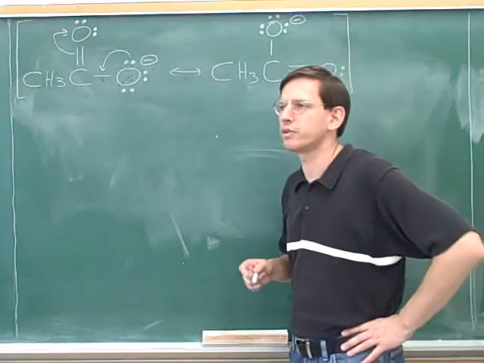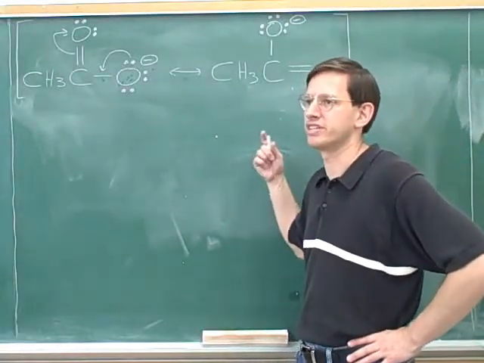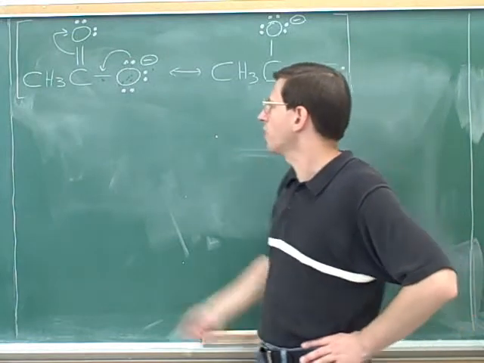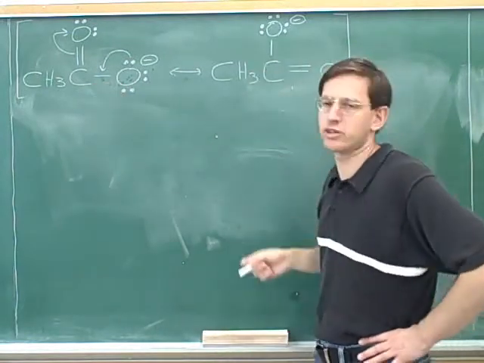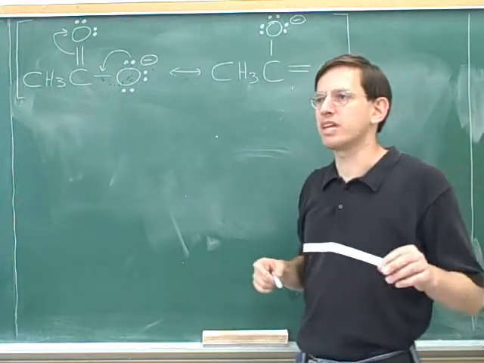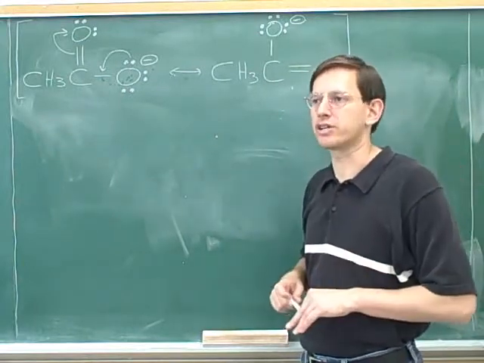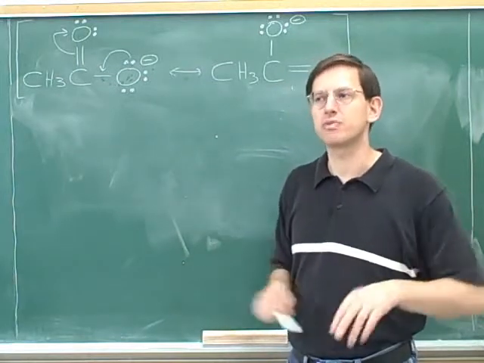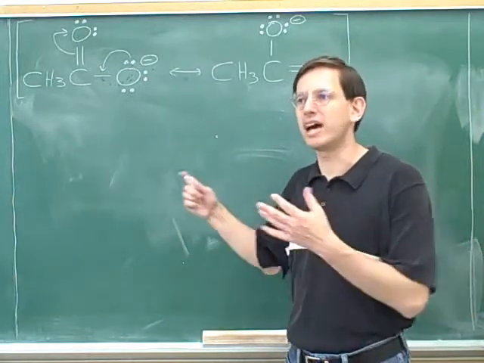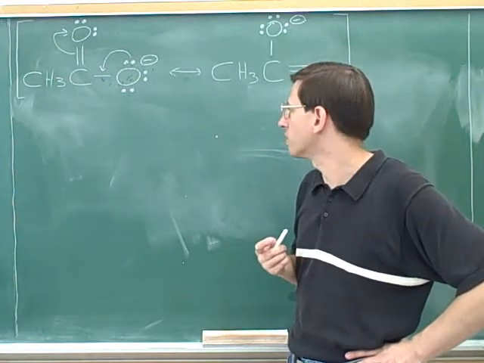Now let's talk a bit about what the right way to interpret resonance is. Well, we've drawn one picture of acetate here. Here's a Lewis structure for acetate, and here's another Lewis structure for acetate. But which of them is the correct or valid Lewis structure? Well, they're both correct. They're both valid. That's what resonance means. Resonance is when there's more than one valid Lewis structure that you can draw for a